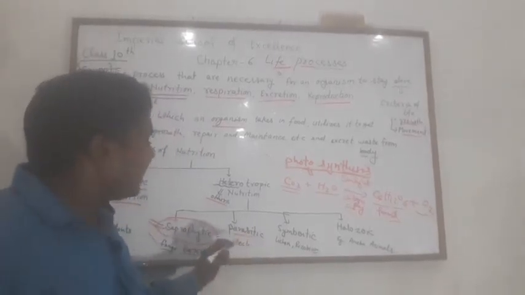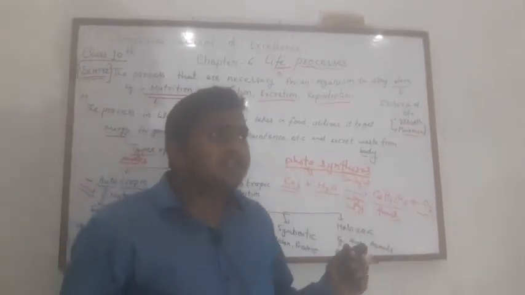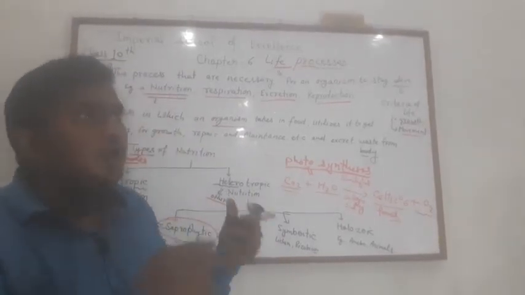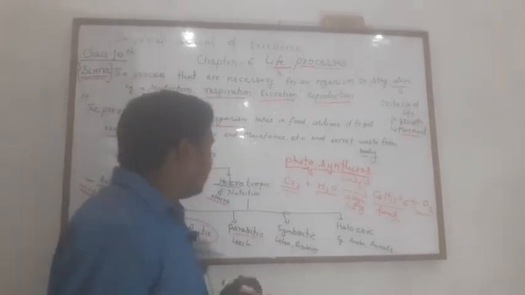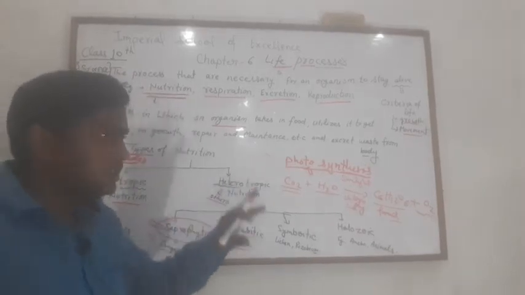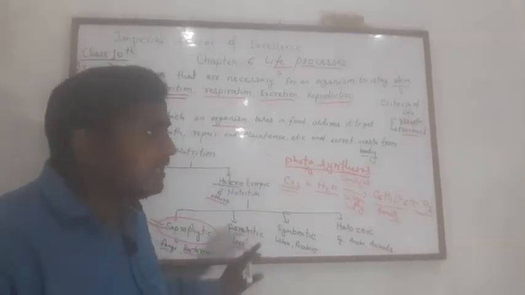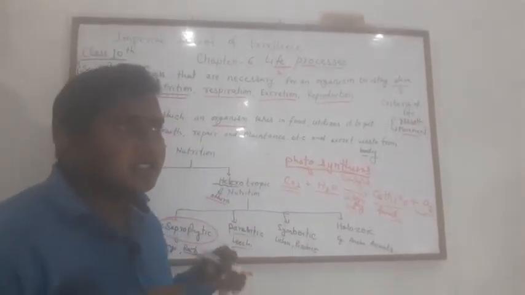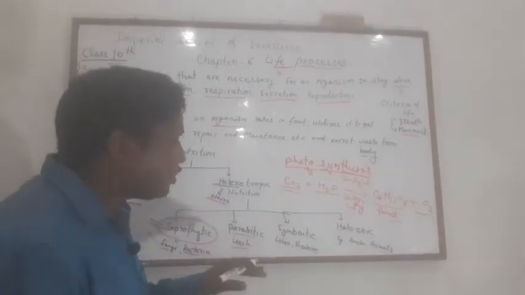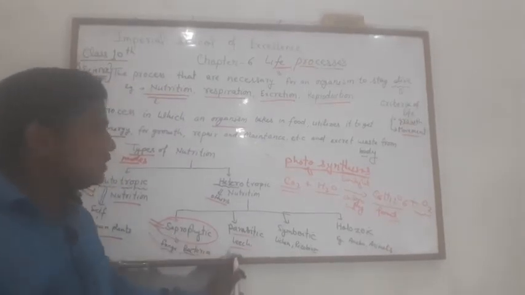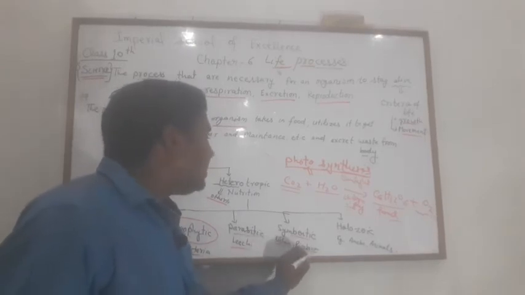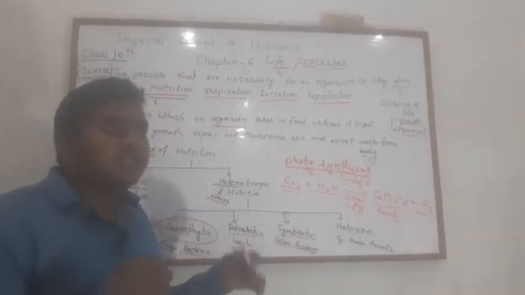and here one organism is the parasite and the other is the host. So here the parasite gets benefited and the host suffers loss. Suppose, for example, a leech: whenever any animal is stuck by a leech, the leech gets benefited and the animal gets hurt. एनिमल को नुकसान होता है, होस्ट को नुकसान होता है और पैरासाइट को फ़ायदा होता है. ओके, सो इन दिस केस, but in a symbiotic relationship, two organisms are living together sharing their nutrition